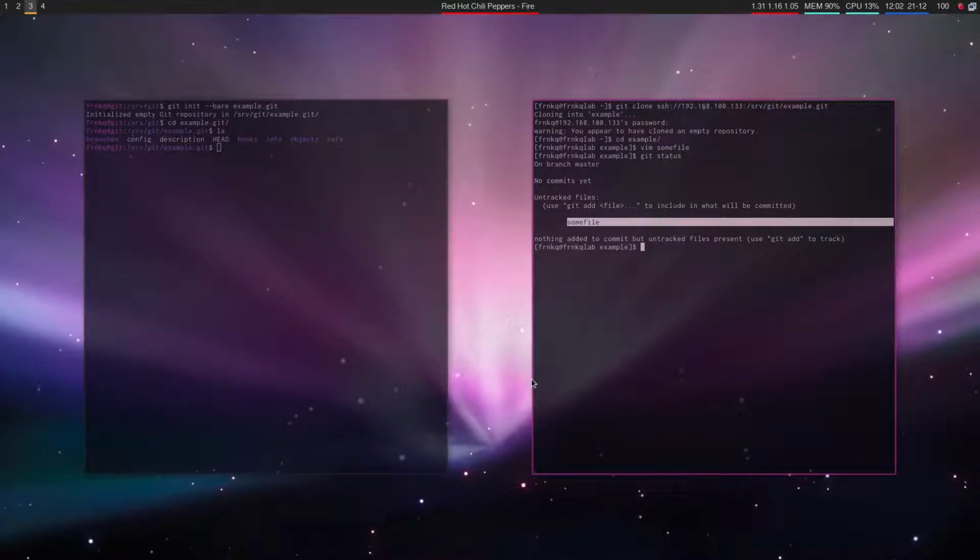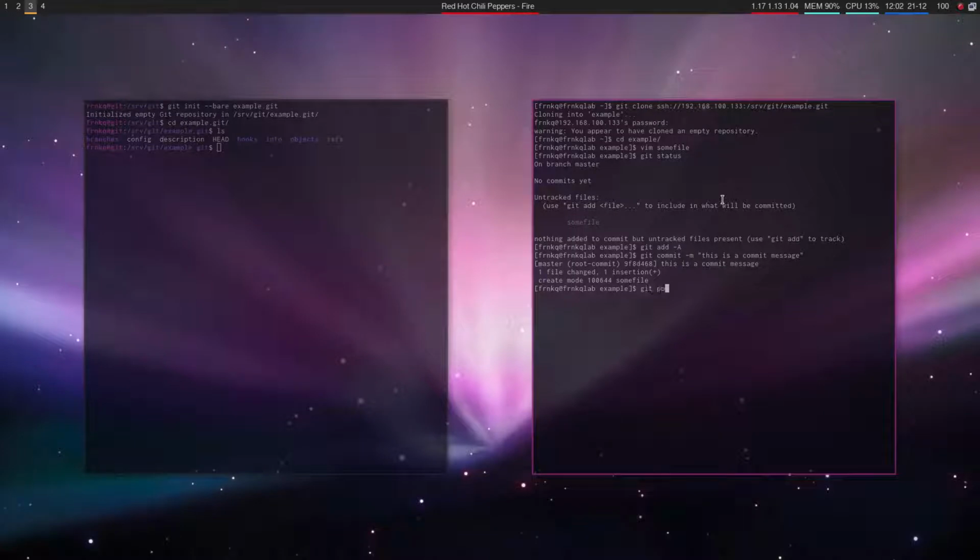So we can certainly say that we have created a Git repository successfully. So just to show this a little bit more, I will push this file and edit it through another computer in my network and come here and see the edits. So git add, git commit, this is a commit message, git push,